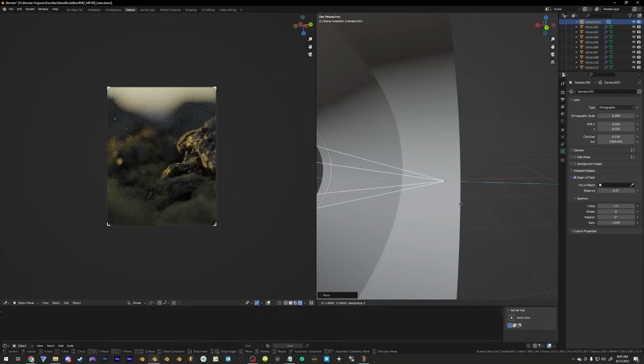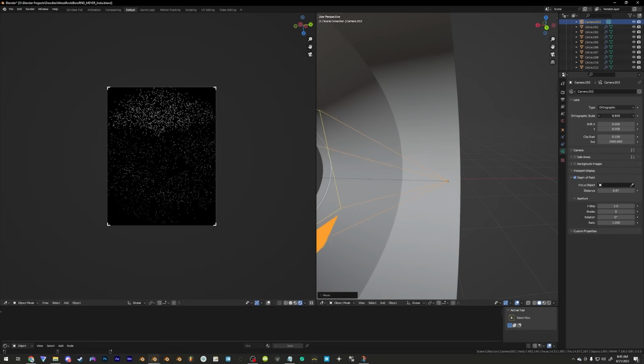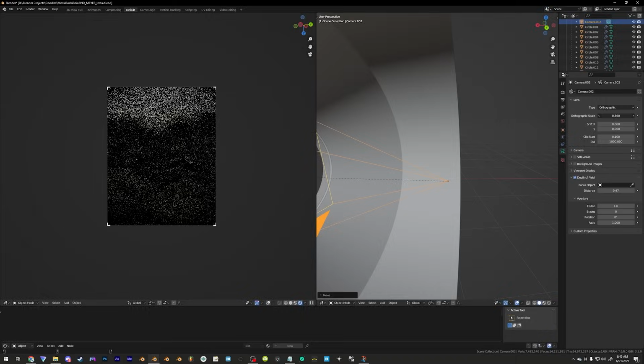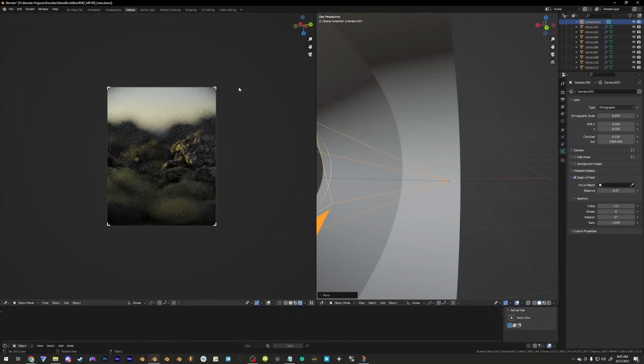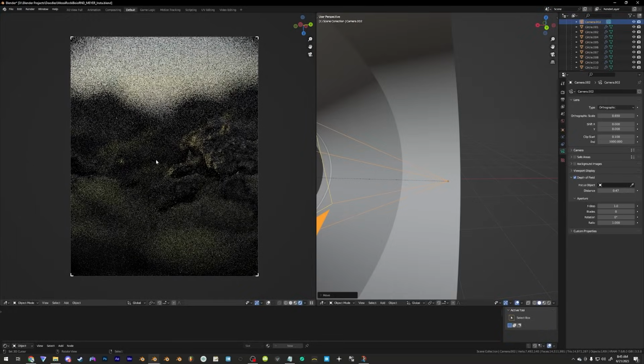We can see our mossy rock friend, and we can see the beautiful background blur with this system. We can increase the orthographic scale if we want to increase the field of view a little bit. You can adjust that depending on your preference. I like keeping it pretty high because I like to see the vignetting near the edges here. Now let's let this render out for a moment and see what the background bokeh will look like